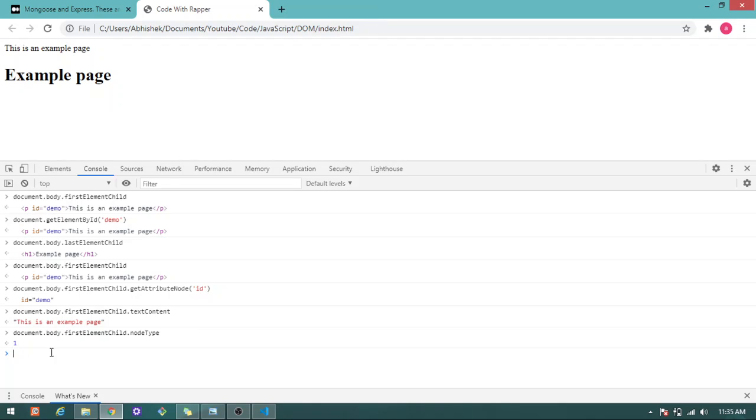Any element which has the node type value 1 is an element node.